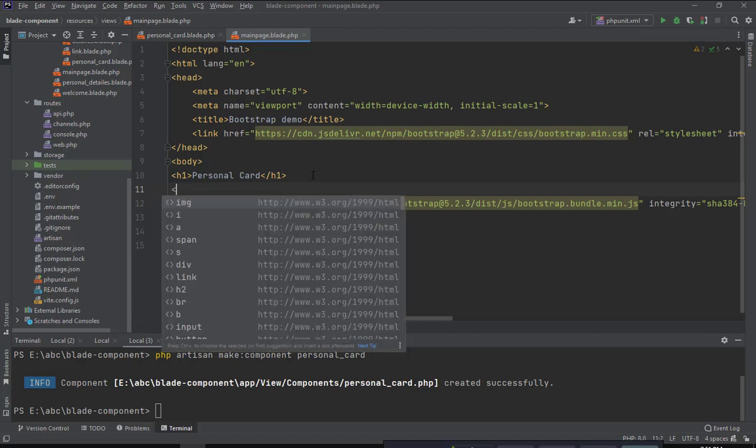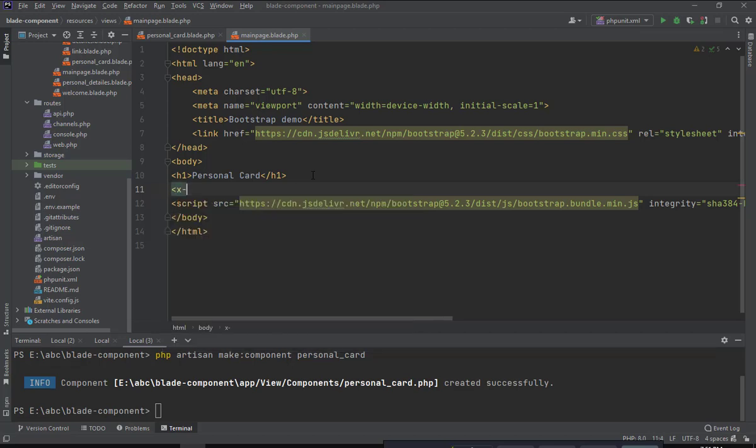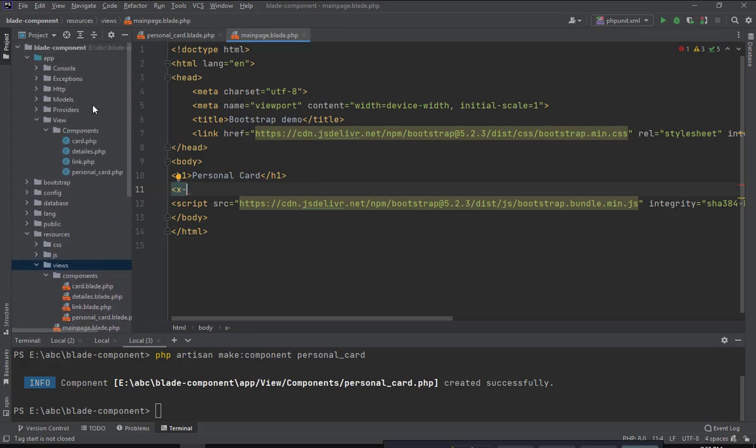Let me show you that. X, and after that the name of the component. Our component name is personal card. I go to the class because we called the class personal card. So I say personal underline card,